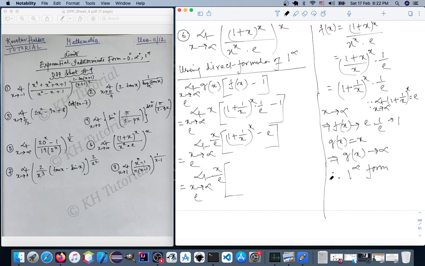We know that n equals e to the power log e n for n greater than 0. Using this formula, we can write (1 plus 1 by x) to the power x as e to the power log e